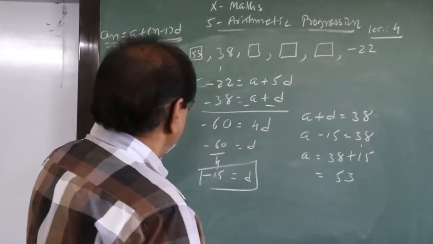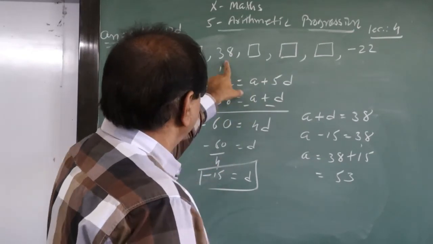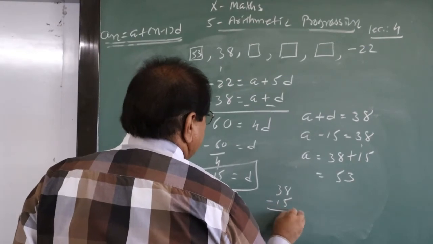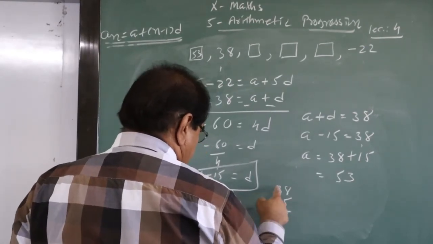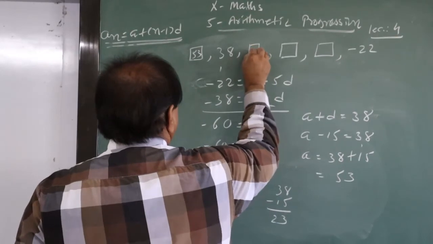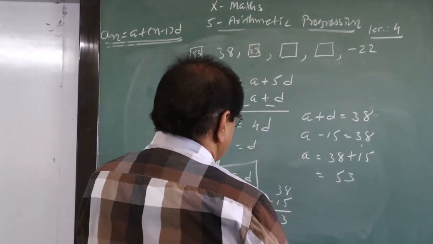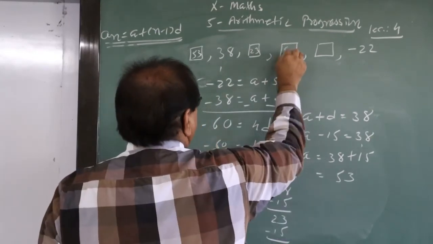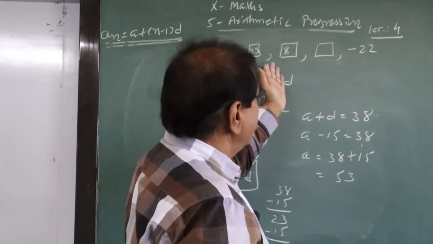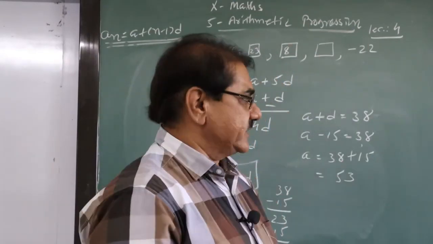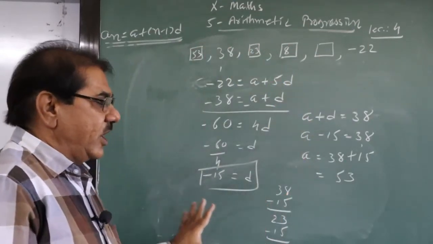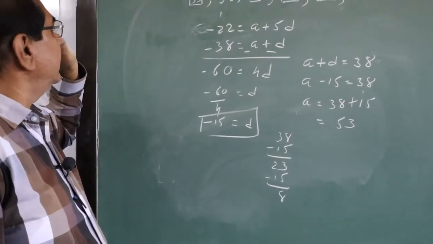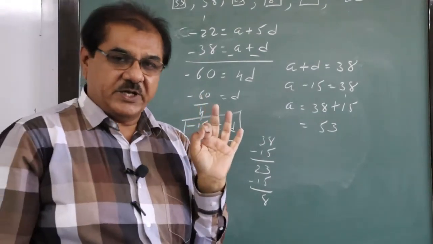Similarly, go on subtracting 15 from the term and get the next term. 38 is the second term, minus 15: 8 minus 5, 3, 3 minus 1, 2. So it is 23. 23 minus 15, so 13 minus 5, 8. Similarly, 8 minus 15, you will get the next term. So this type of objective question can be solved using the single formula an is equal to a plus (n minus 1) into d. Okay.